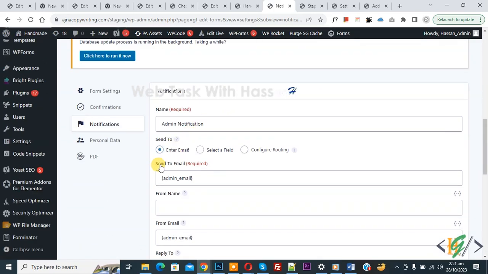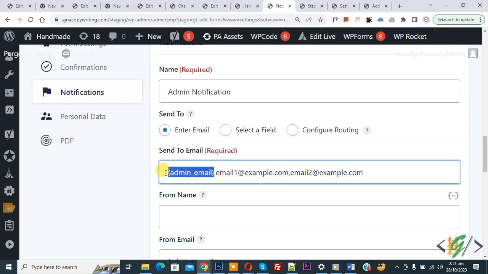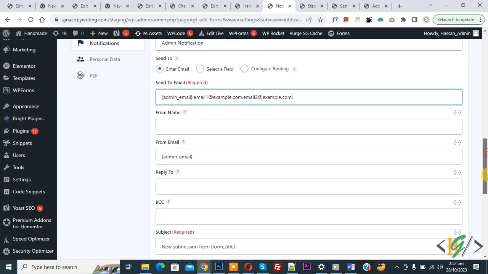You see send to and then you see send to email. So we are going to add multiple email addresses. Now add a comma and then you can add email addresses separated by commas like this. Now you see add one email and then you see a comma. So this is our first email address. Then you see again a comma and then you see another email address. So you can add multiple email addresses. Then click on update